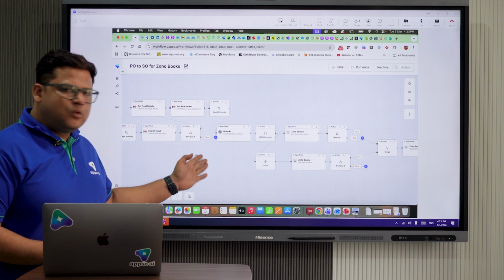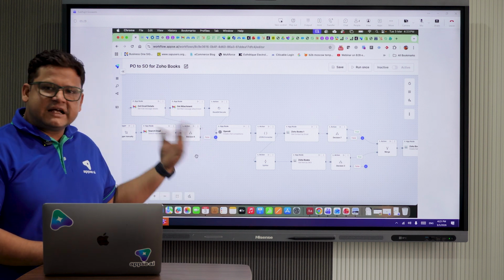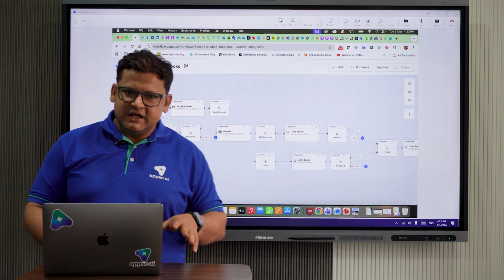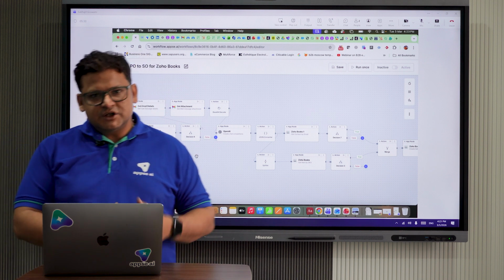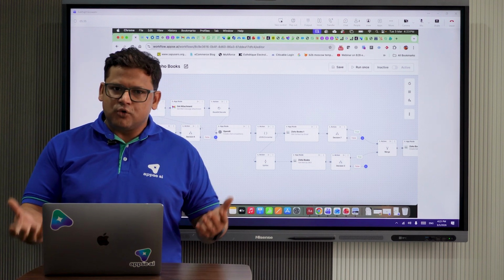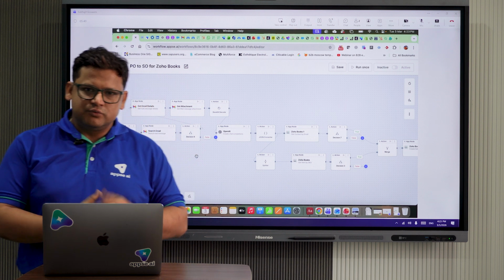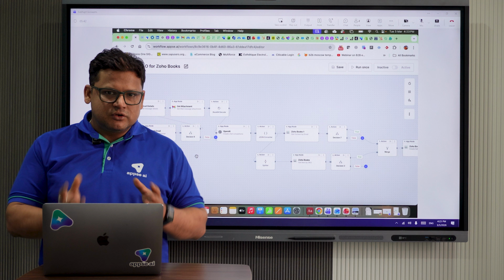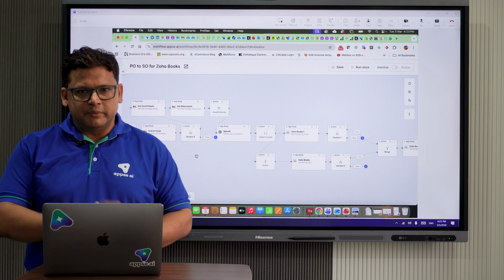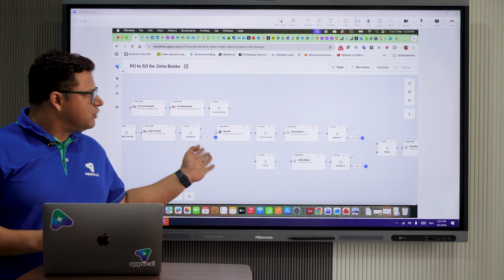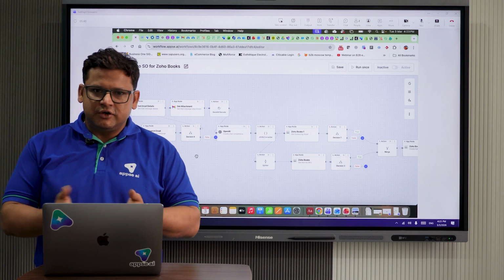Through this flow, the attachments will be automatically read from the email, and those attachments will then be converted into context. Those contexts, like item information and customer information, will be searched in Zoho Books, and based on that search, an order will be automatically created. So this is the flow that we are going to discuss and demonstrate today within our